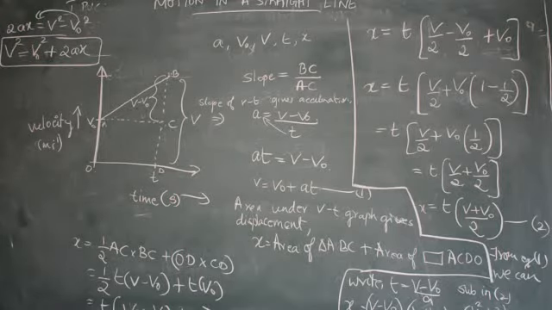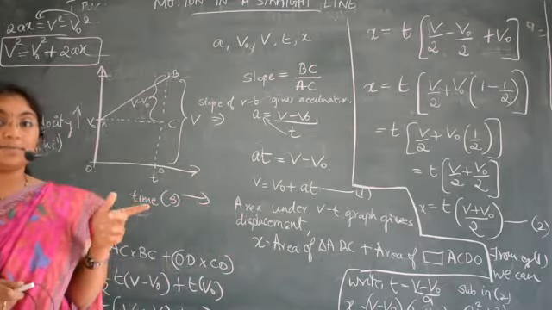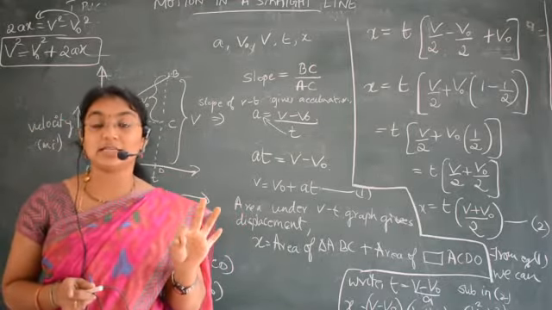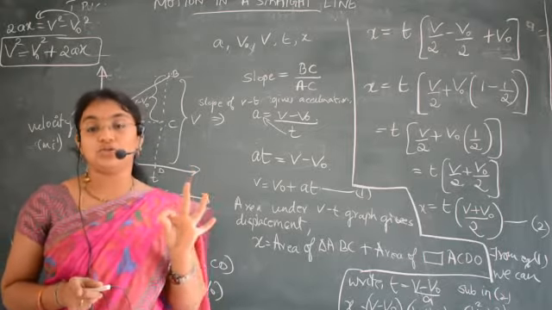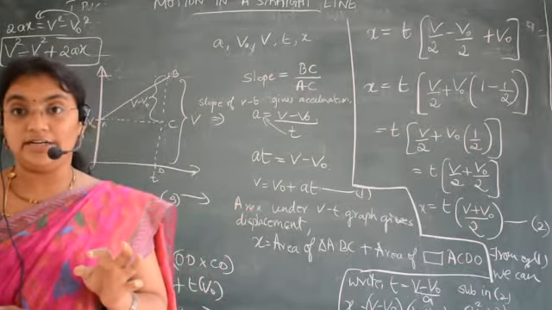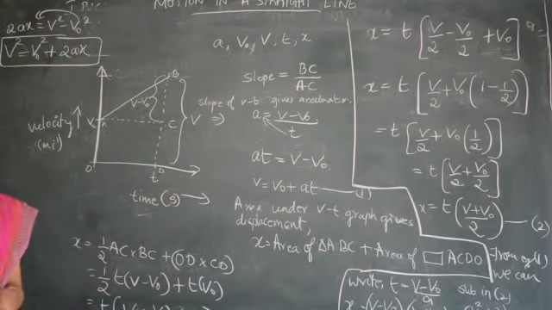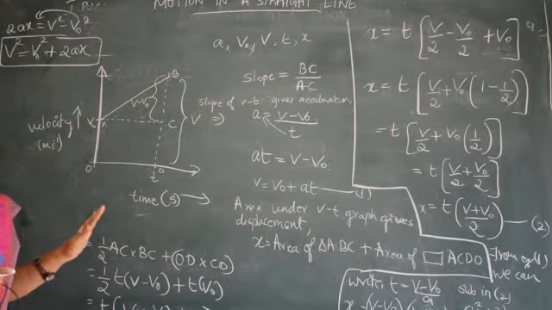This derivation is also very, very important. Out of these two derivations, any one of them is 100% sure for your final exam. There is a possibility of asking problems. One possibility is problems, another possibility is derivation. So please learn the derivation. Problems we will solve and learn. So now write this derivation neatly in your notes and send it. I hope you understood this problem, correct?